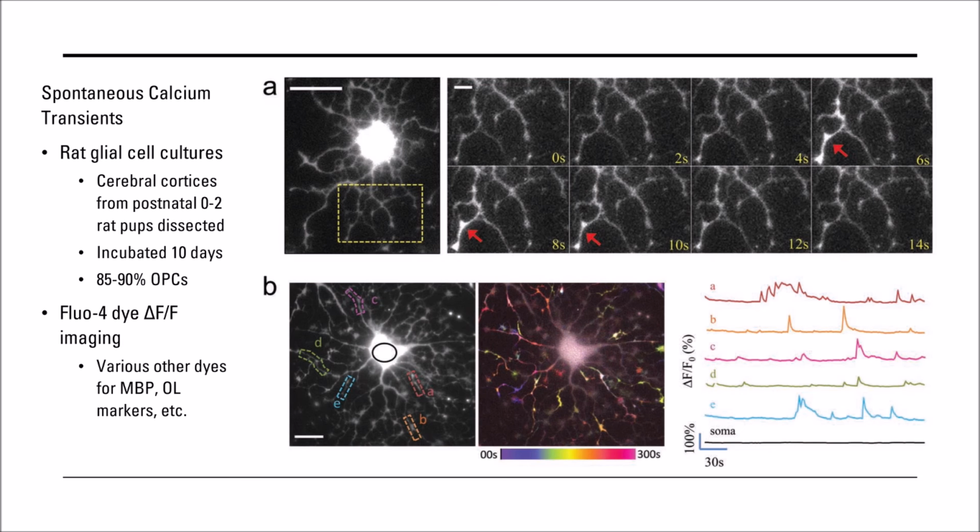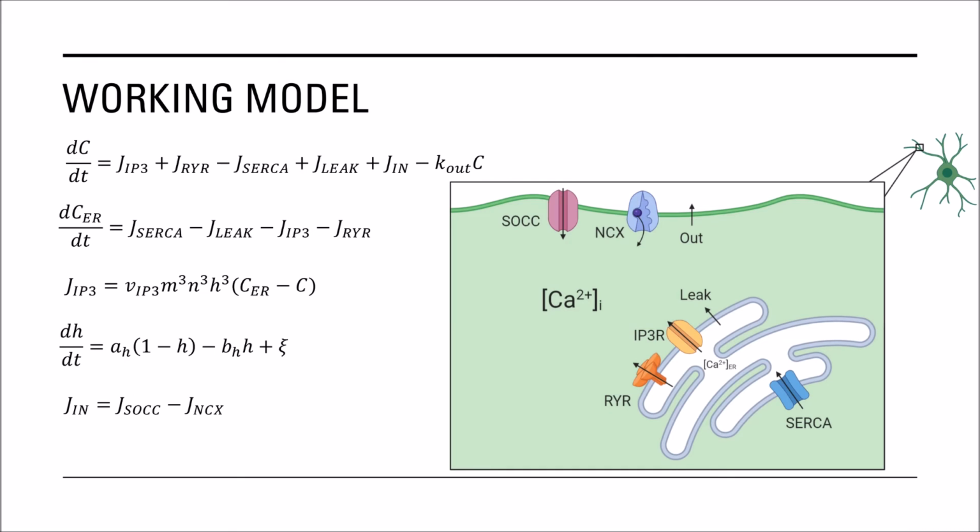So at the beginning of the summer, I was fortunate enough to receive some data of calcium in the arms of oligodendrocytes. Then, using what we already understood about the system and characteristics of the data, we were able to represent the mechanism as a model. Now, this is usually done using differential equations. That means equations that describe how things change instead of their absolute quantities.